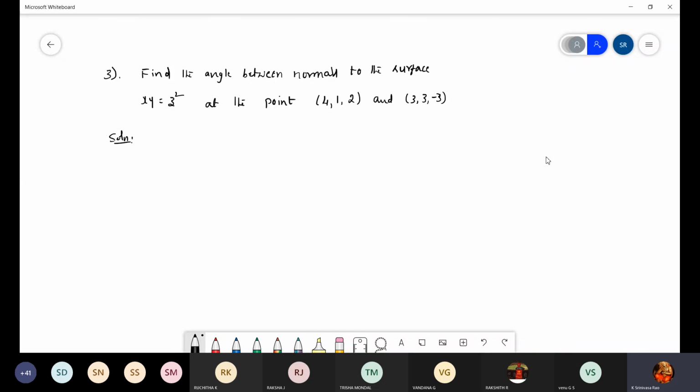So only one surface is given, and they are given 2 points. If I substitute the first point, you will get a normal vector that you take as n1. And for the same surface, same grad phi, if you substitute the second point 3, minus 3, minus 3, you will get another normal vector that you take as n2, and then calculate the angle. So generally, first we will write the formula, then you will get the idea. We know that the angle between two vectors